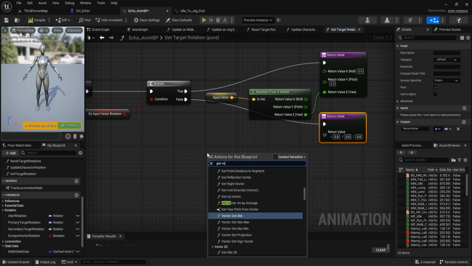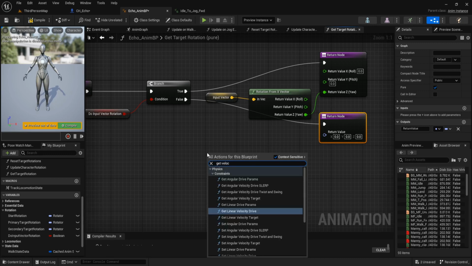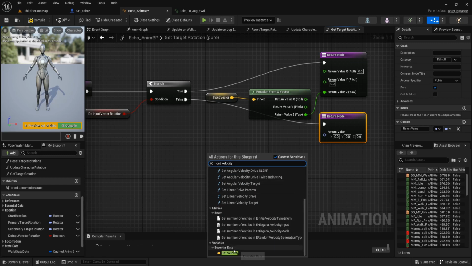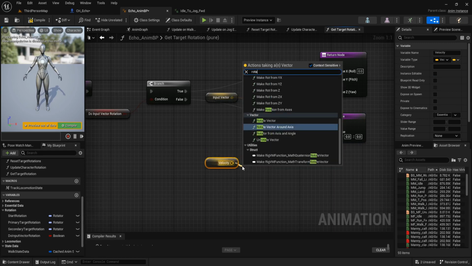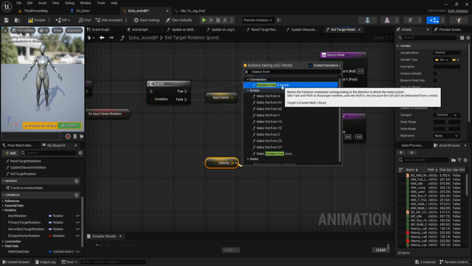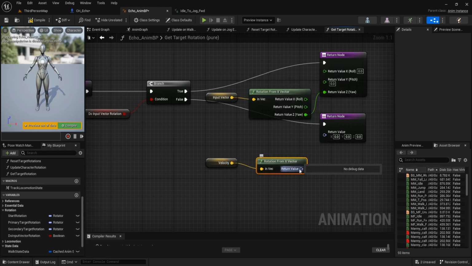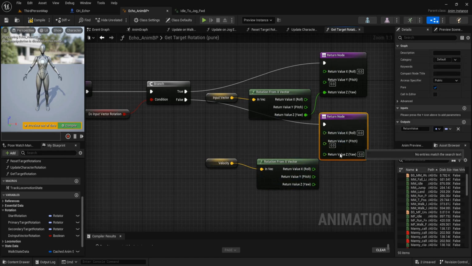Get velocity, call rotation from X vector conversion and split it. Split this return value, connect it to yaw.